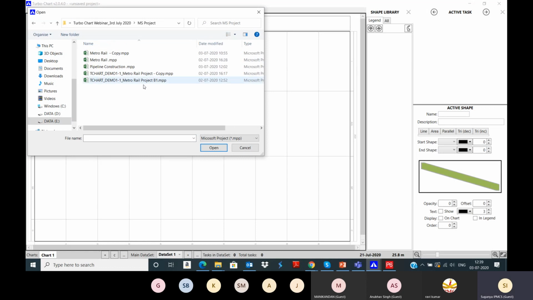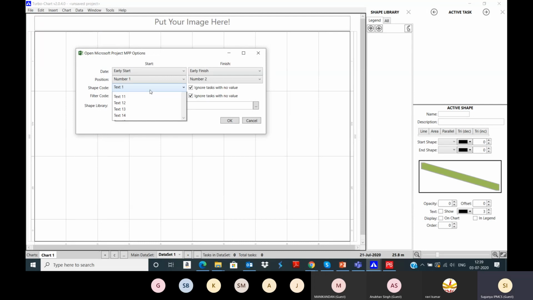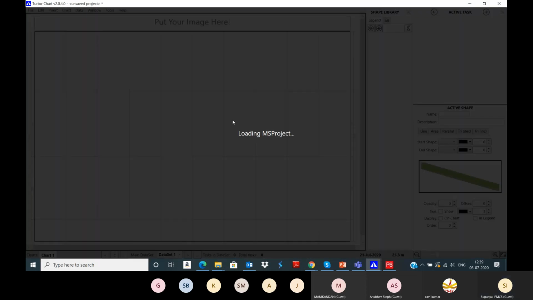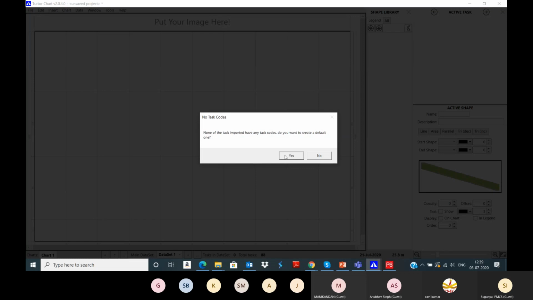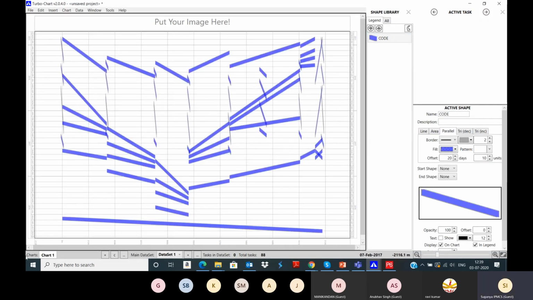So here you can choose Metro Rail project baseline. While selecting the baseline, you can choose the values. So linear position start will be in number 1 and number 2. And just select the code, give the parallel.